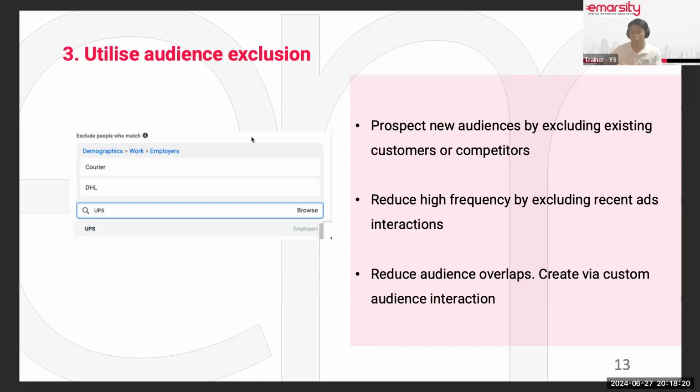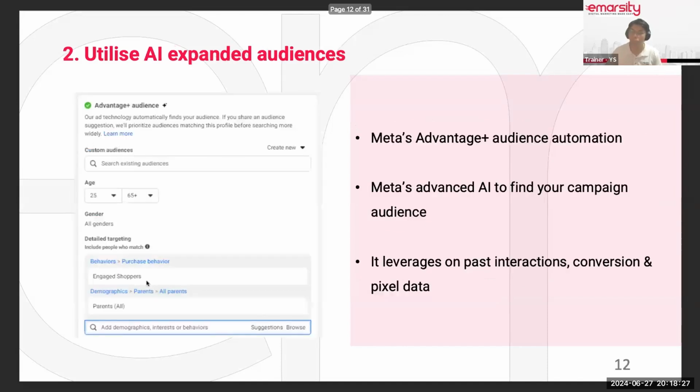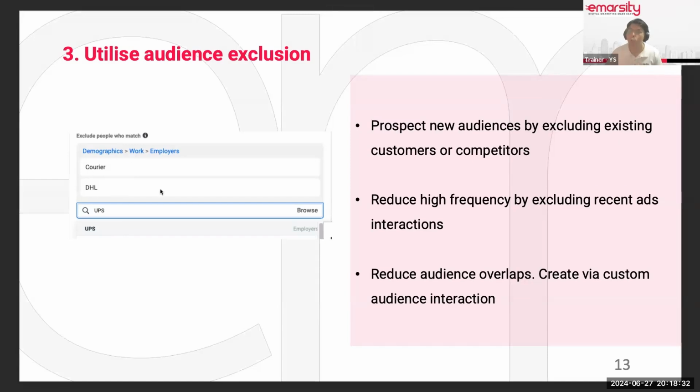So in the technical setup, it is basically like this. Earlier on I showed that we can choose to target people of a certain interest. We can also choose to target people who work at, say, this company, say, employers of the competitor. The downside to this is if your competitor is a smaller firm, or a small medium business, then Meta, Google, and so on might not have a pool of audience for you to exclude.